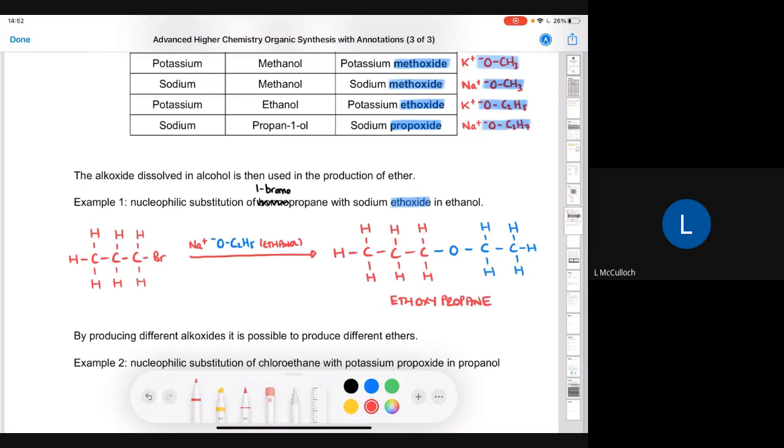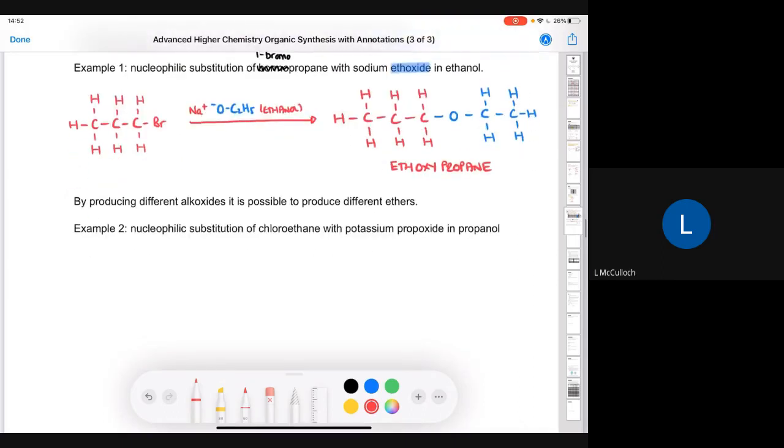And there are probably hundreds of different ethers that we can produce. If we used a different alkoxide, we would have produced a different ether. We wouldn't have produced ethoxypropane. We might have produced methoxypropane or propoxypropane or butoxypropane, any number of different ethers. Okay, so what we're going to do now is look at a second example of reacting